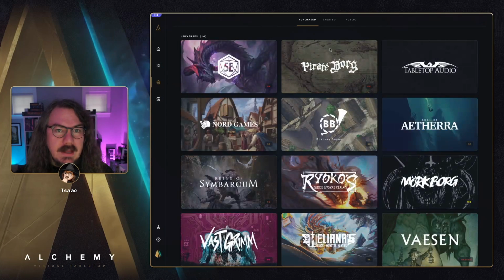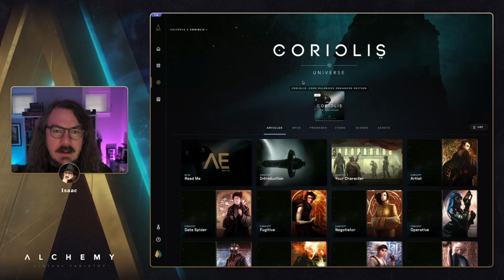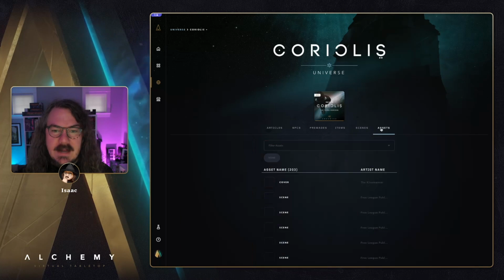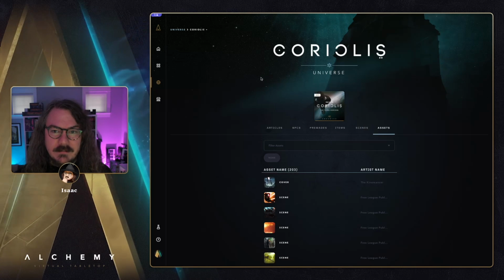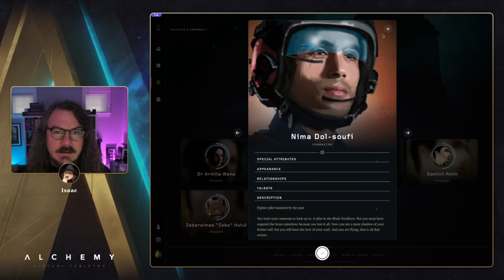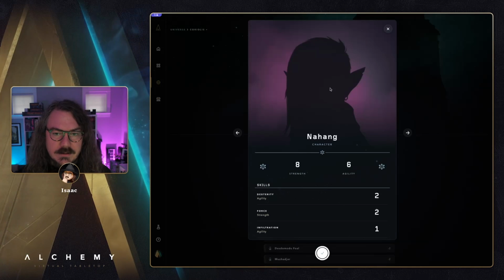I'm going to jump into my purchased universes here and jump into the Coriolis universe. So we've got all the articles, some NPCs, some pre-mades, items, scenes, and assets all ready to rock for Coriolis. So from an ingestion standpoint, this title is pretty much done. We have character sheets ready to go for some of the characters in here, and NPC sheets are also ready